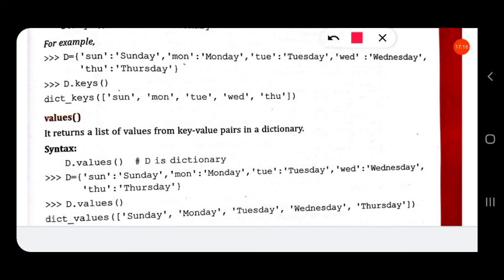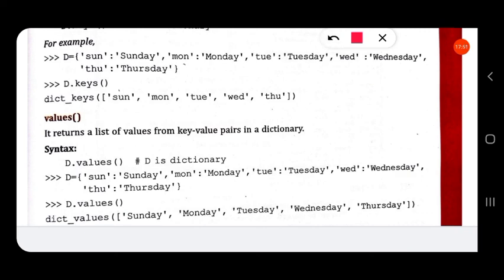We have the dictionary D, and we know the values are Sunday, Monday, Tuesday, Wednesday, Thursday. If we write D dot values, the values function will return a list. You can see the square brackets here. The values are enclosed in square brackets, so the output is a list.